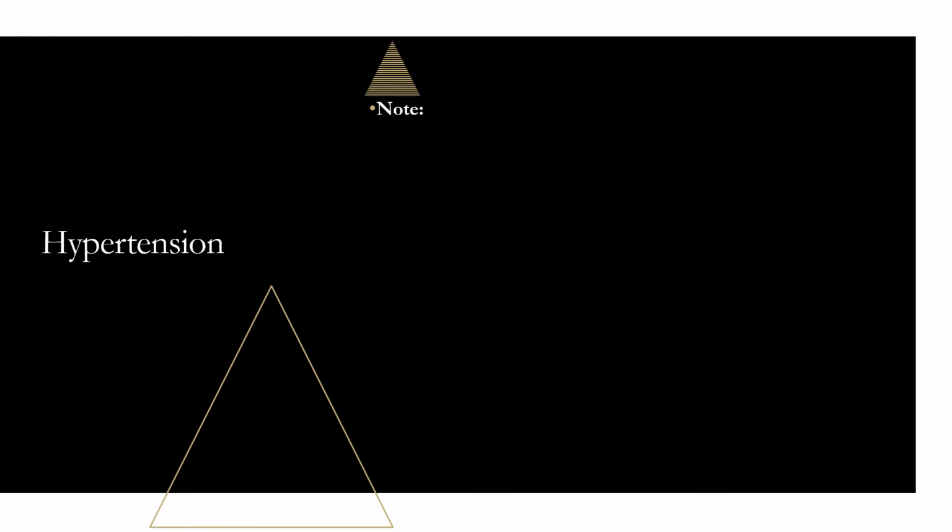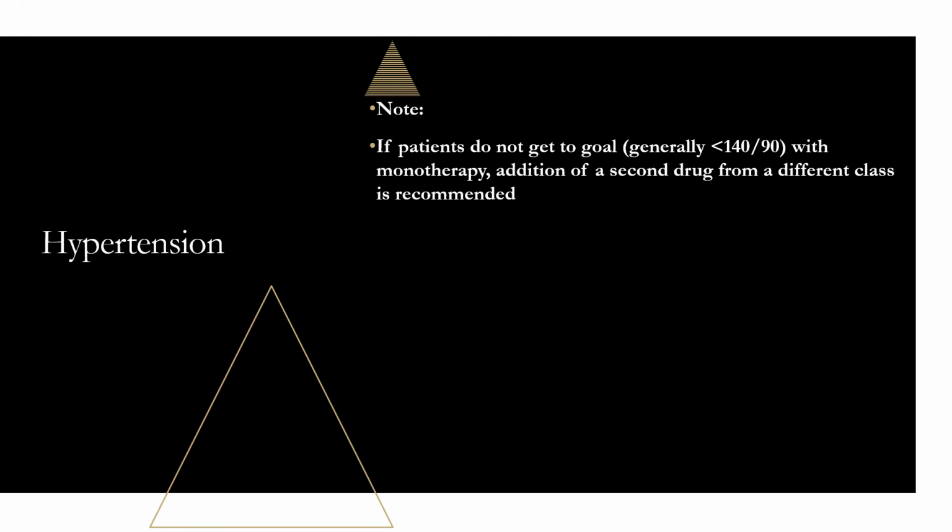All right, so moving on. A little side note that I wanted to mention as far as the treatment options and different things like that. If you have a patient, you started them on an ACE, an ARB, a calcium channel blocker, whatever you used, and they're not getting to goal. Generally, there's a few different goals, some more aggressive than others, but generally less than 140 over 90 is what you'll be shooting for. If they don't get to goal with monotherapy, you're going to add a second drug from